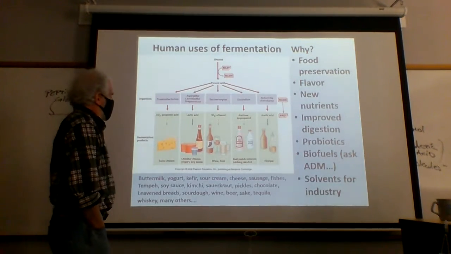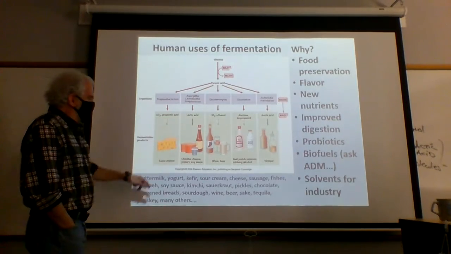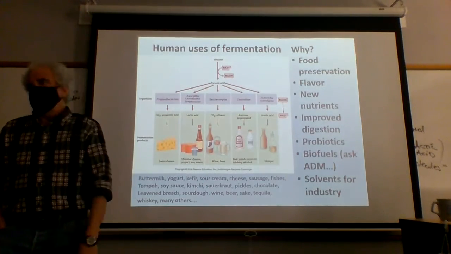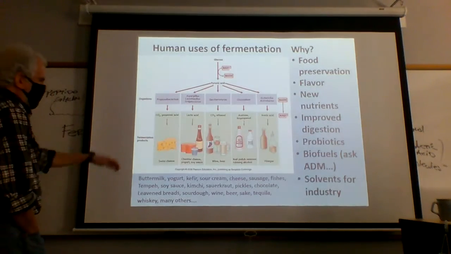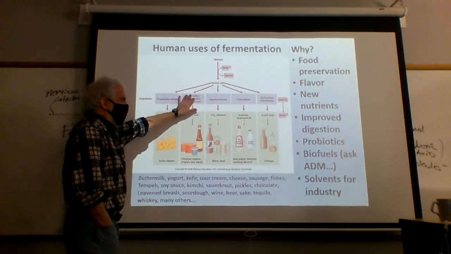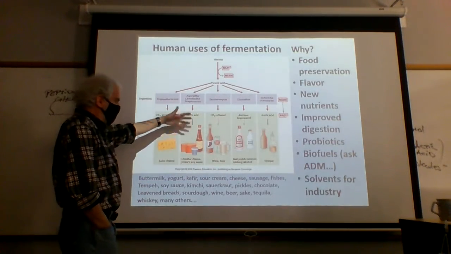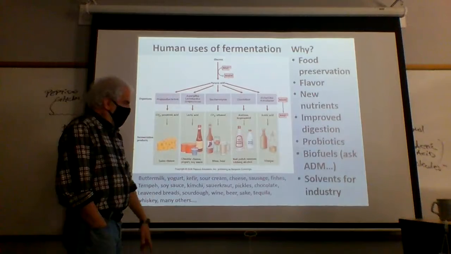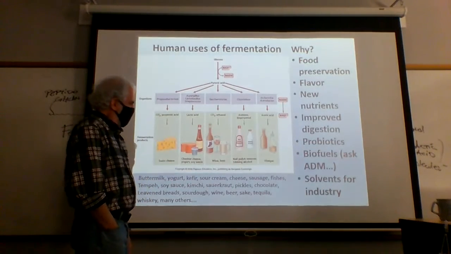So Propionibacterium are found in certain cheeses. Propionic acid is, well, it smells a little bit like throw up. I guess it also smells a little bit like Swiss cheese. Or Swiss cheese taken to its extreme smells like somebody threw up. Your choice. Lactic acid is being produced by a range of different bacteria. This is how we produce yogurt. This is how you produce soy sauce and a whole range of different things. Of course, yeast are producing carbon dioxide and ethanol.